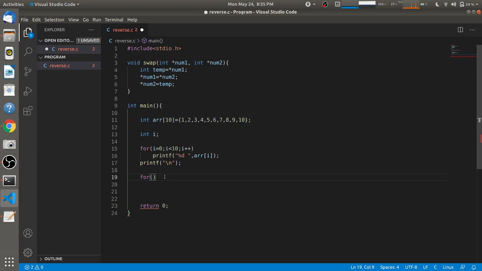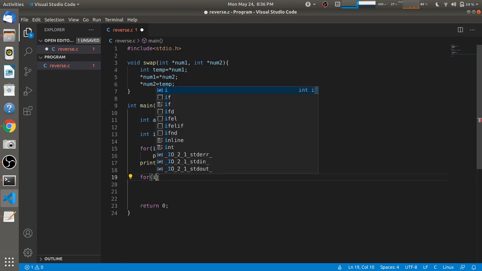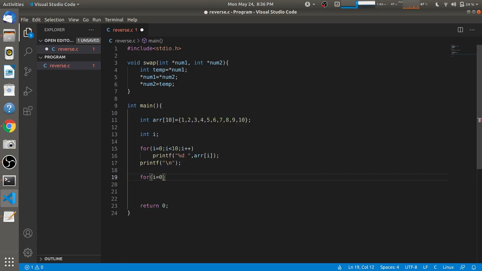So for that we have to start index from first and last simultaneously.